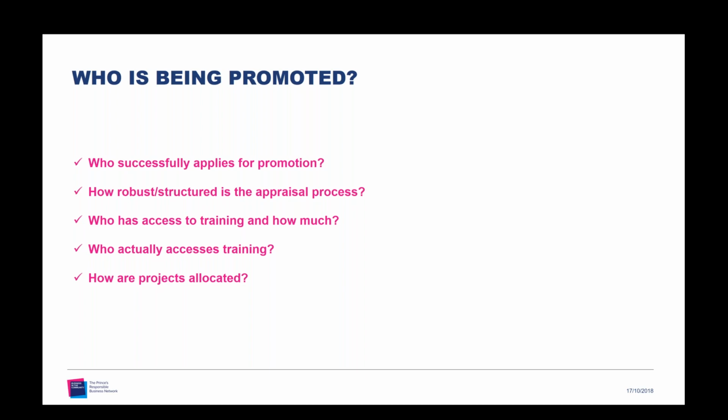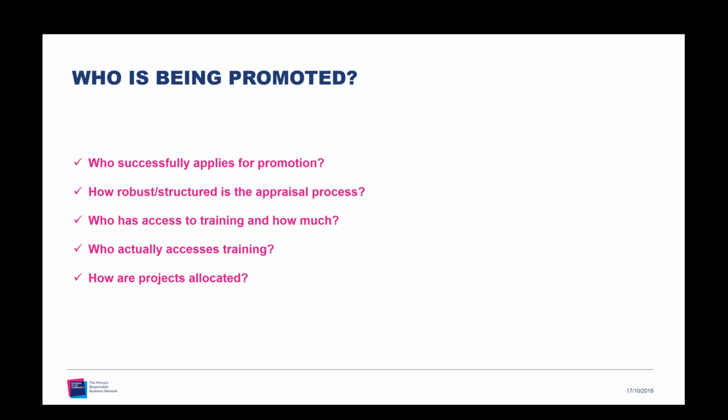And that then leads into the point on training and development. I think that's often something that's overlooked, particularly for part-time workers. They may not have the same access to training as full-time workers. Sometimes companies pro-rata this, but it's important that everyone gets the same training and development opportunities. And also, when is training available? Is it all day?